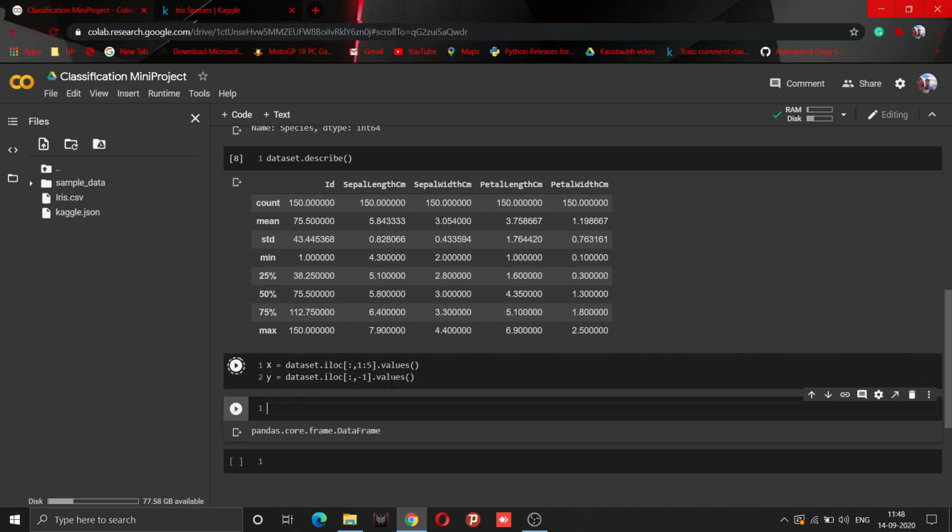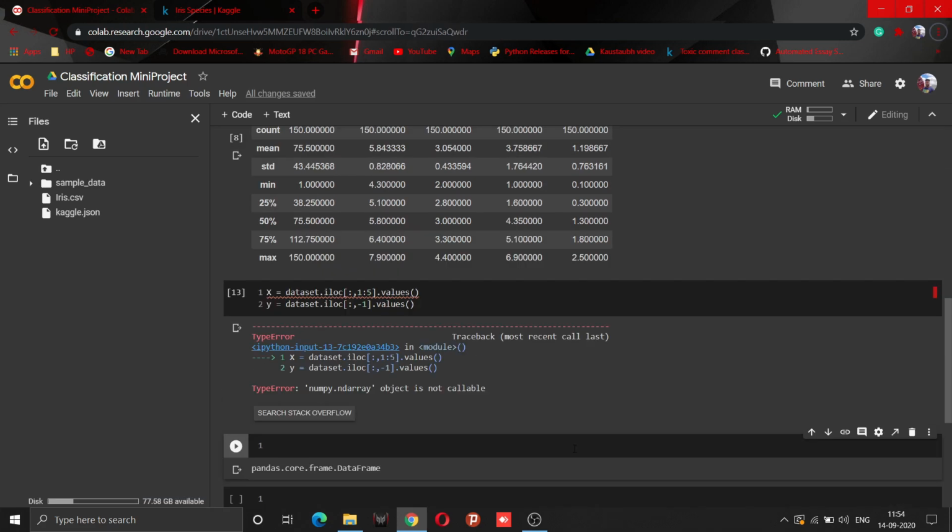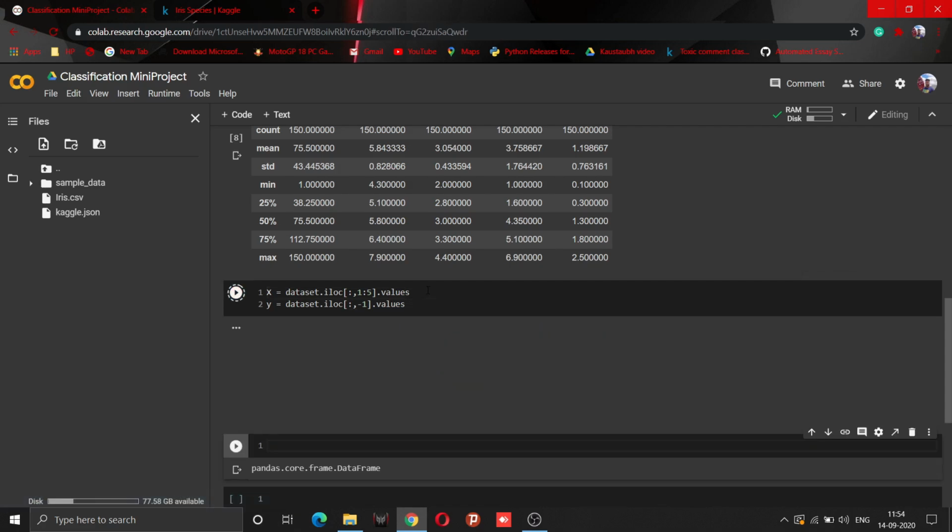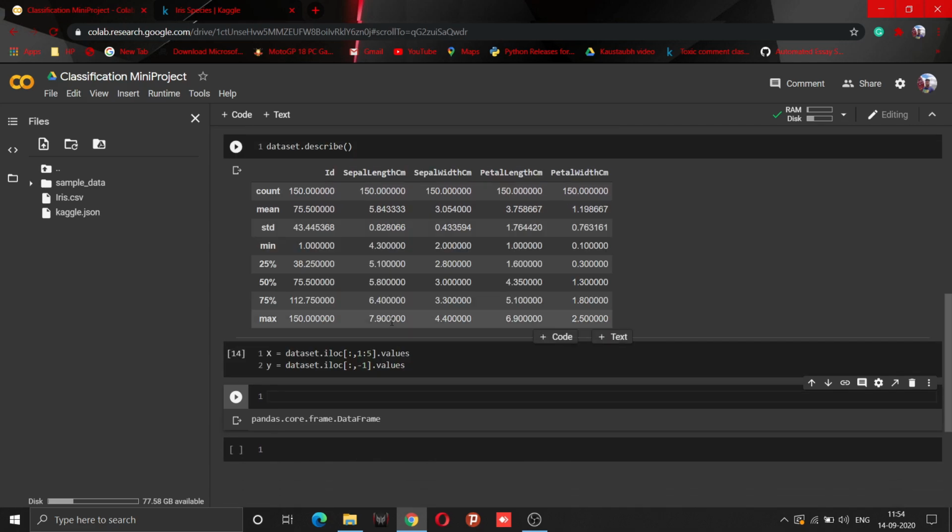Let's run this part. As you can see, we are getting an error over here. Let me figure it out. Yes, so I got the error. This is an attribute, so we don't need parentheses over here. Now let's run this again. And now you can see that the error is gone. So let's check the type of x again.